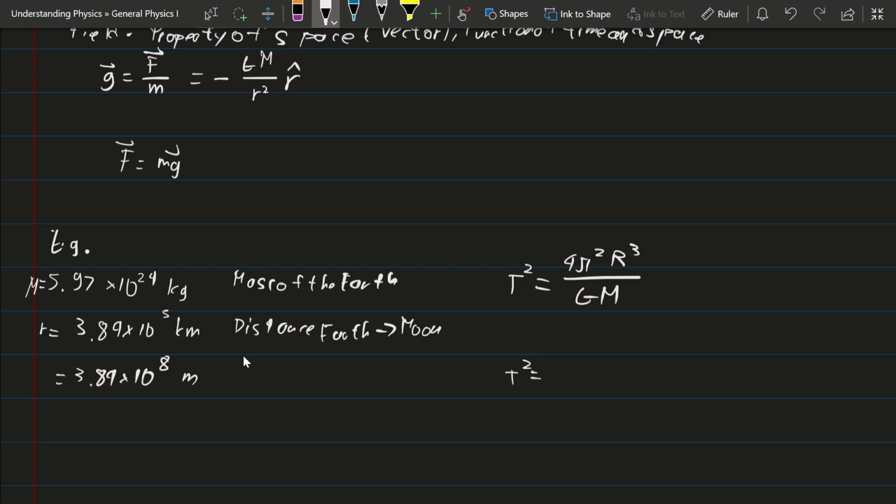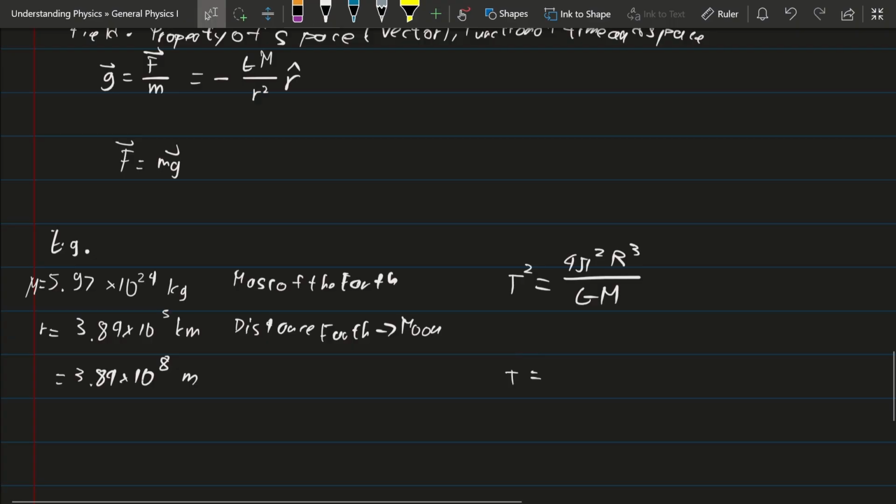So we have already gotten this value. We'll go ahead and try to compute the value of the period straight away. You could just plug it into the calculator. It will be 4 pi squared, multiplied by r cubed. The r here is 3.84 times 10 to the power of 8, to the power 3, and everything is divided by the gravitational constant, which is 6.67 times 10 to the power of